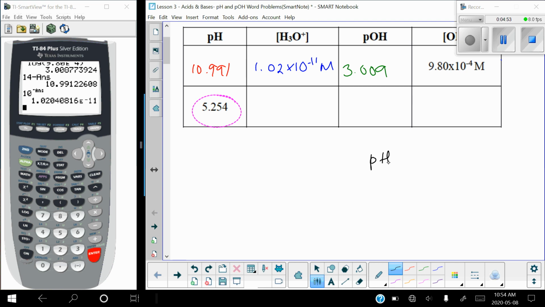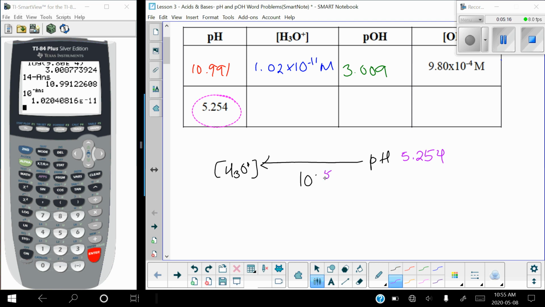What do we want to find first? How about we find hydronium concentration first? So let's go this way. My pH is 5.254. To find hydronium concentration, I need to go 10 to the power of negative